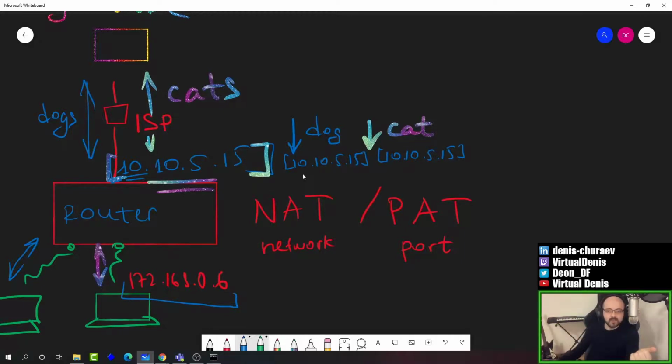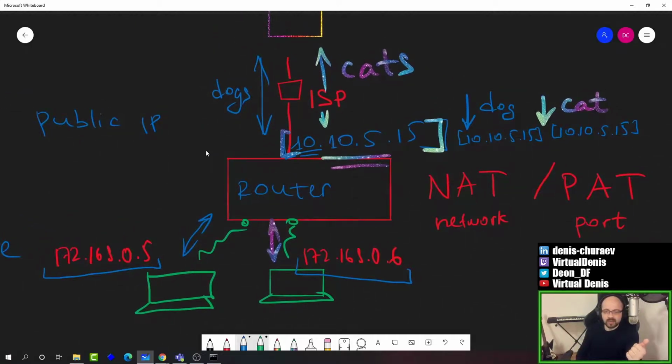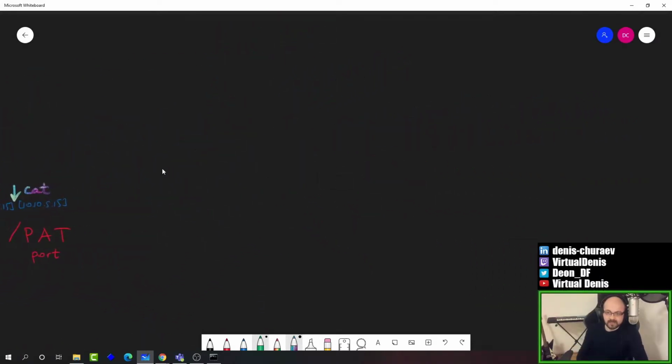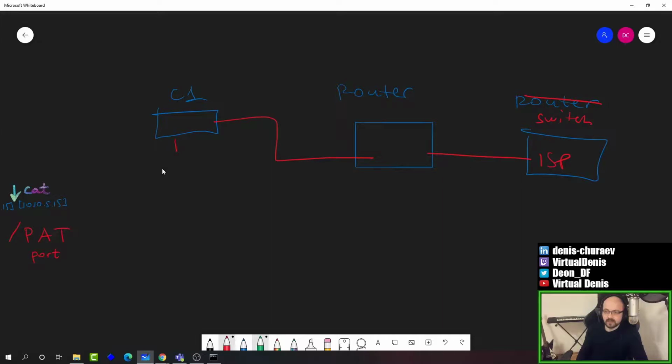So normally, whatever happens, when you go outside, you are routed to Google, and your source IP becomes the public IP. And this change is done through NAT, Network Address Translation. What does it actually mean? Let me draw it a bit. So let's say you have computer 1, you have a router, and you have somewhere another router because it's your internet service provider router. Or usually it might be an internet switch somewhere. Okay. So here you have your public IP outside, 10 something something, and here you have a private IP